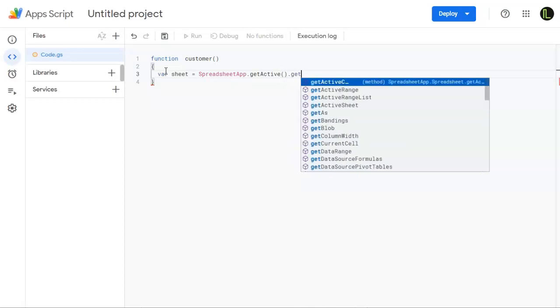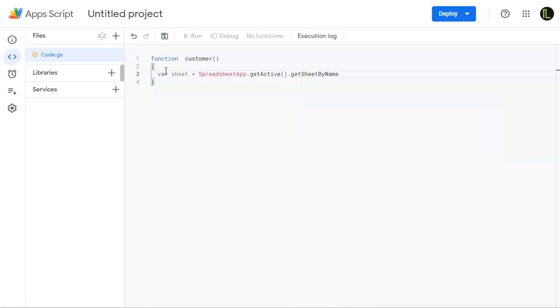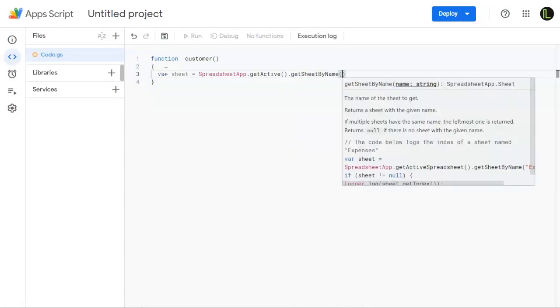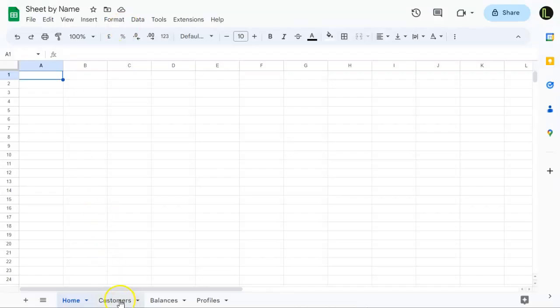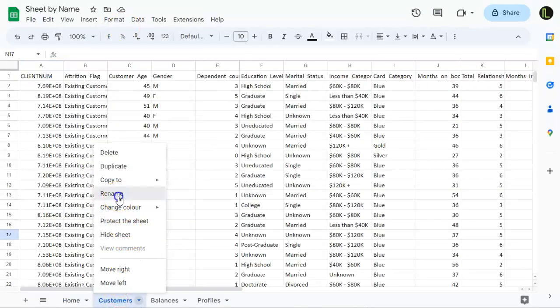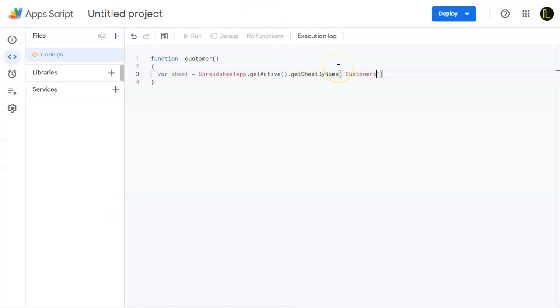So we will now select getSheetByName, and now in double quotes we will mention the name of the sheet to which we want to land. So in this case you can see that the name of the sheet is customers. So we can just right click here and copy this name and paste it here. Okay, and now